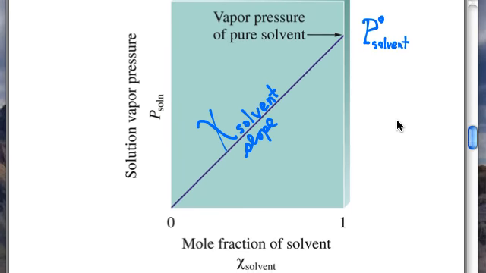Here's a graph that speaks to that. On the x-axis, the mole fraction of solvent. So if I had only pure solvent, the mole fraction would be 1, pure solvent. And that's the vapor pressure originally of the pure solvent. But if I had no solvent, well, then I would have no vapor pressure. If I just had solute of some kind that was not volatile or evaporating, and in between they're connected by a straight line, and that straight line is indeed the mole fraction of the solvent. It's also the slope of the line. Rise over run. And on this axis, the vapor pressure of the solution, or the vapor pressure above the solution.